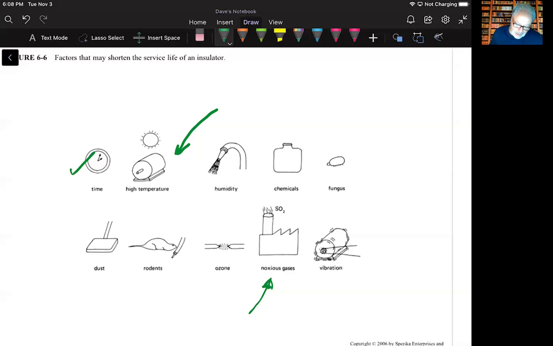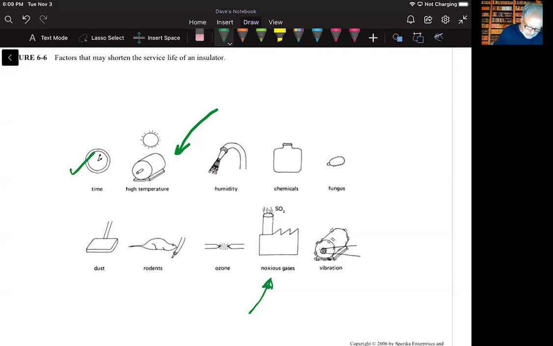He goes on to say that organic insulators have a life expectancy of 8 to 10 years, provided their temperature does not exceed 100 degrees. On the other hand, there are synthetic polymers used for insulation that can withstand temperatures as high as 200 degrees C for the same time. So there's a wide range of variation here within what electrical machines can manage. And he goes on to say low temperatures can be just as harmful as high temperatures, with the freezing and cracking that can occur. So both are considerations.